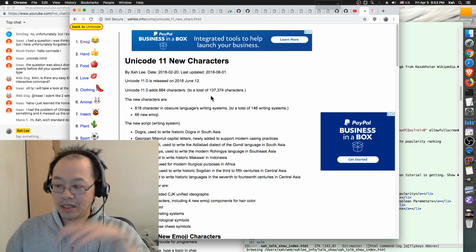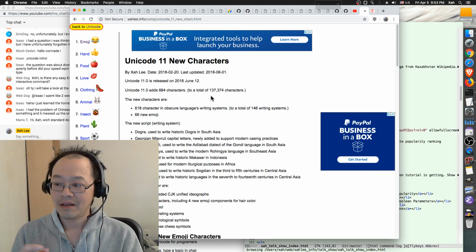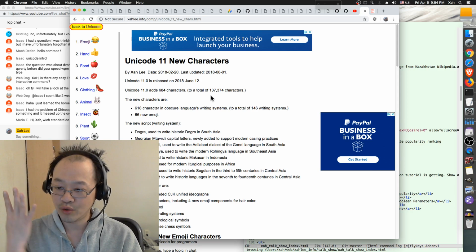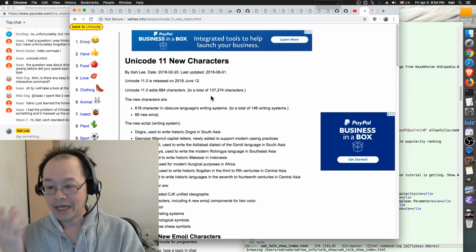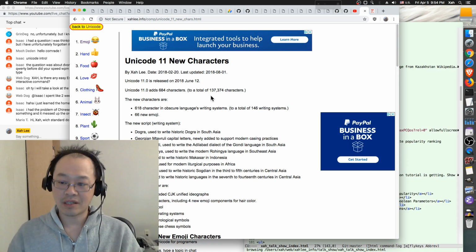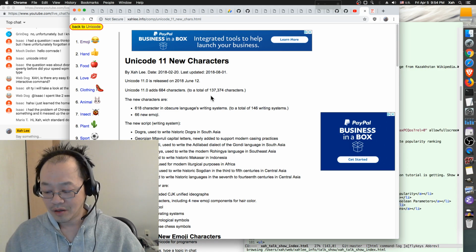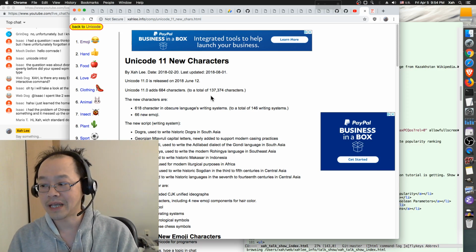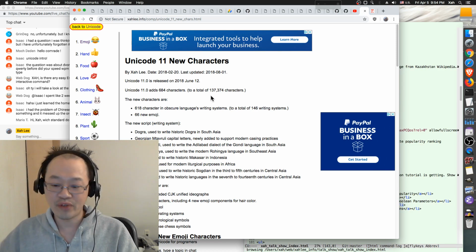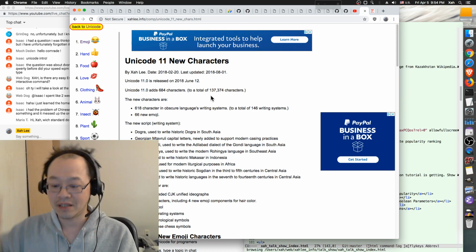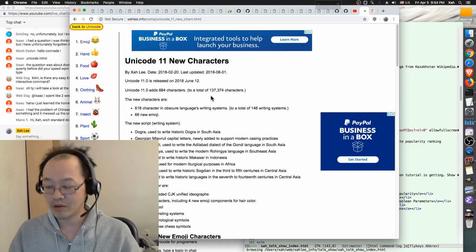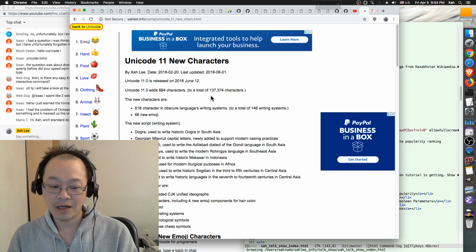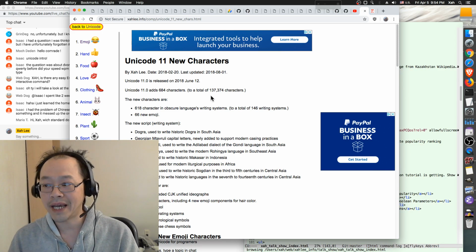UTF-32 is an encoding system such that every character, doesn't matter which character, is encoded into 4 bytes, no more and no less. So the advantage of UTF-32 is that it's uniform. Every character is just 4 bytes. So it's simpler to sort them. It's simple. But the drawback is that it